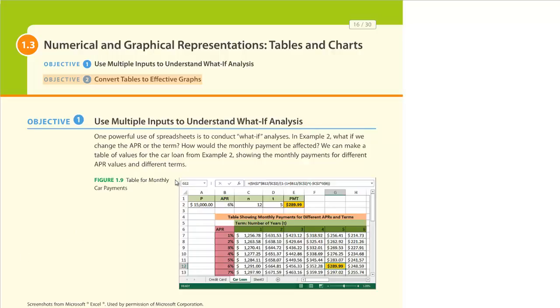Welcome to our discussion on numerical and graphical representations, i.e. tables and charts. We're also going to learn some what-if analysis. In Excel, we're going to learn how to hold cells in place when we do dynamic formulas. All right, so we're going to return to our example of the car loan that we had from our previous